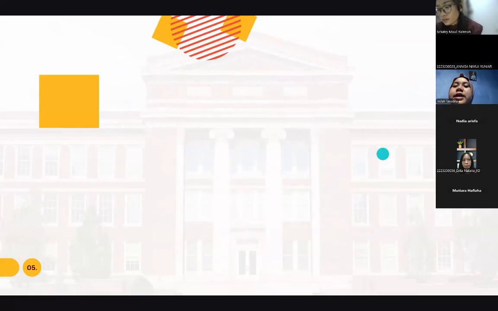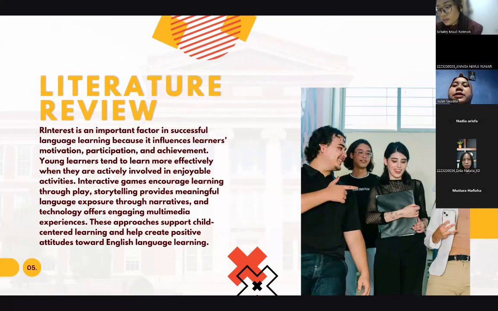Okay, for the next is the literature review. The study is based on several important theories. First, interest plays a significant role in language learning because it influences learners' motivation, engagement, and achievement. Second, interactive games support learning through play and encourage active participation.